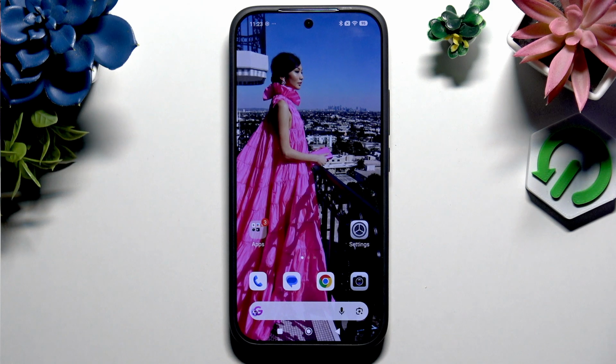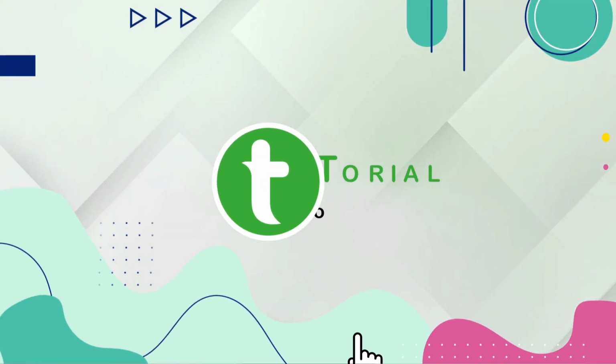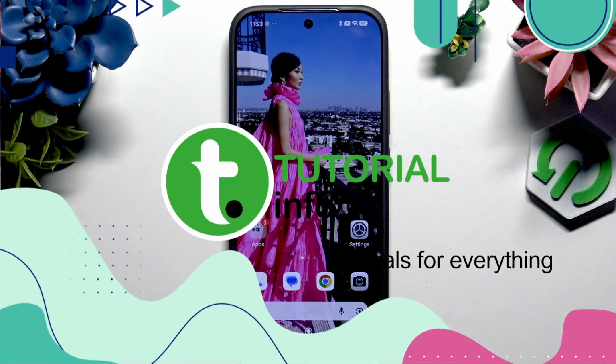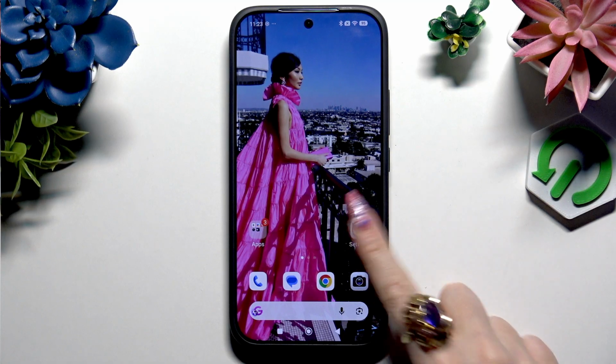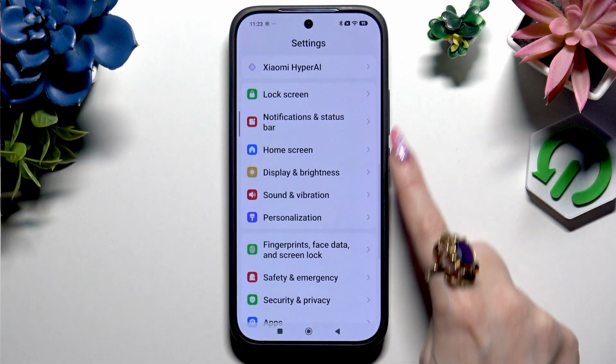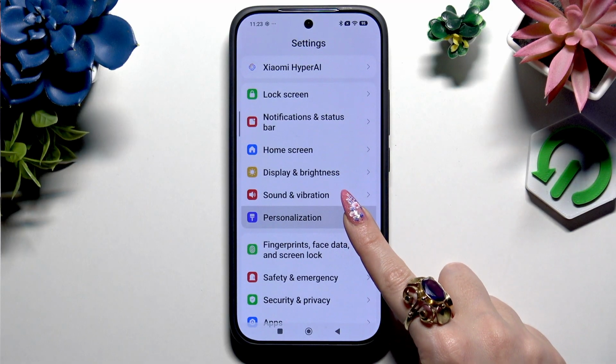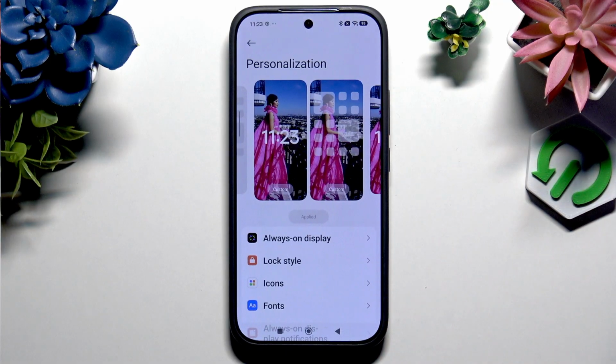In front of me is XIAOMI 17T, and today I would like to show you how you can change font style. First of all, you need to launch Device Settings and scroll to choose this section called Personalization. In here you can tap on Fonts,